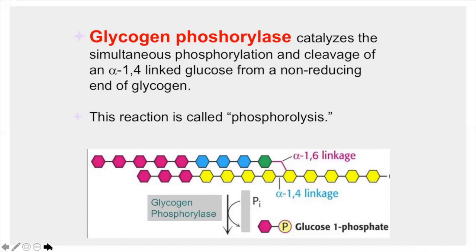Yung linear na structure mo, you have alpha 1,4 linkage. Pag alpha, down yung position, and then yung branching mo, that's 1,6. And then yung mga connecting molecules na naka alpha 1,4 na rin. The difference with starch, like amylose or amylopectin, is that they are less branched compared to your